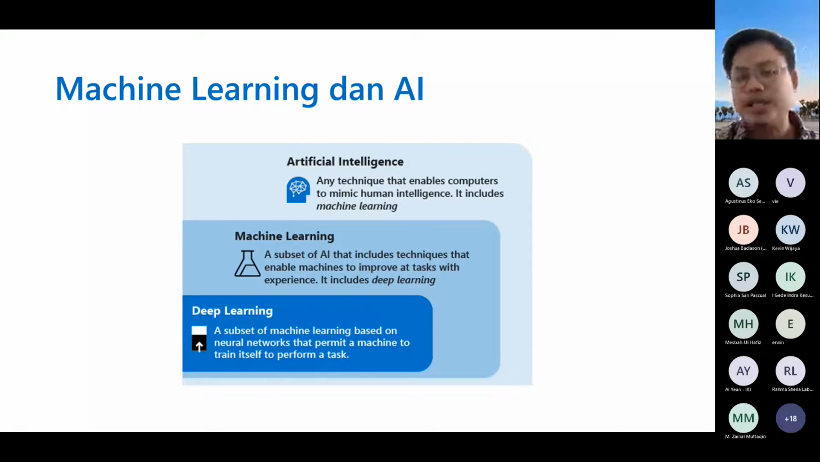It includes machine learning. Machine learning is the subset of artificial intelligence, so you can use machine learning to enable a machine to improve a task with experience. It includes deep learning, and deep learning is the subset of machine learning. So artificial intelligence is the superset, machine learning is a subset of AI, and deep learning is a subset